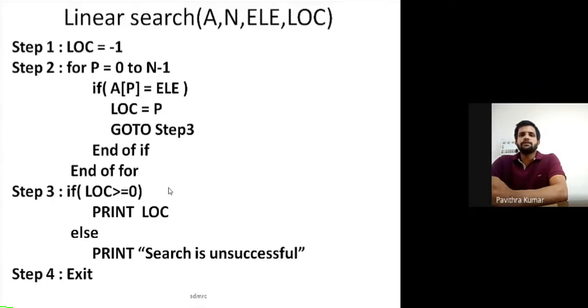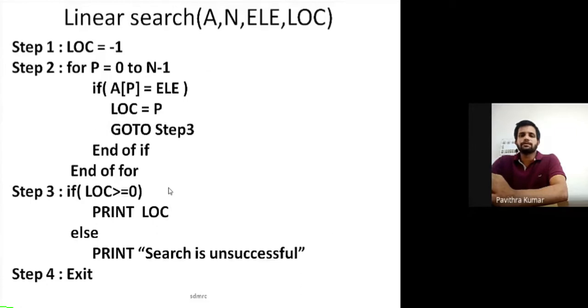Now let us see what linear search is. We are going to compare the elements one by one from the beginning till the end. In the sense, we follow traversal. Through traversal, we compare each array element with the searching element. When the comparison is true, we note the location. This is called linear search.